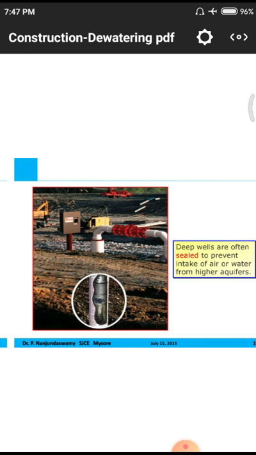If there is any hole, the total pressure will come onto the hole, so we need to have hole-free pipes. If there is any hole, we need to seal it with these sealants, so that pressure is maintained on the pipe. Water will then come in an easy manner with the help of these vacuum pumps and sealants.